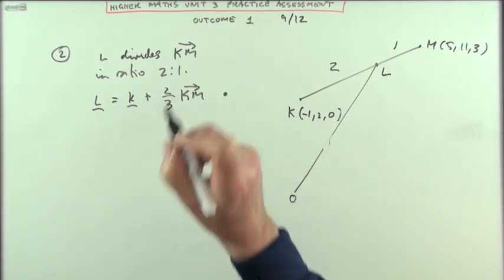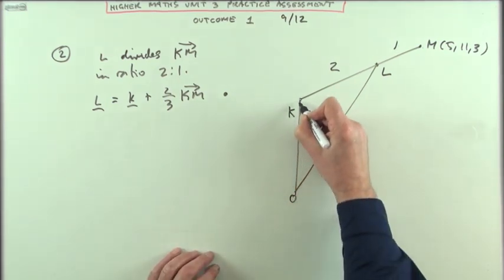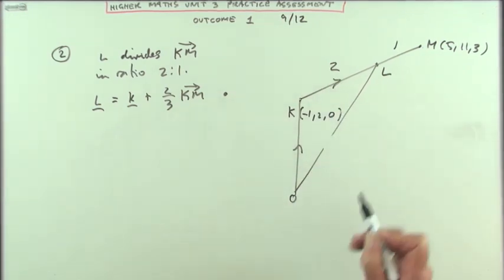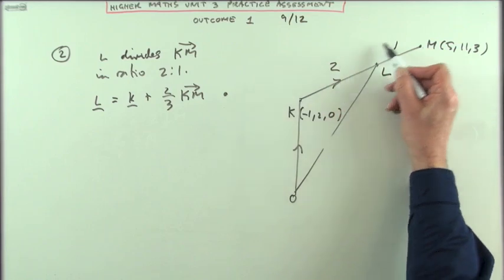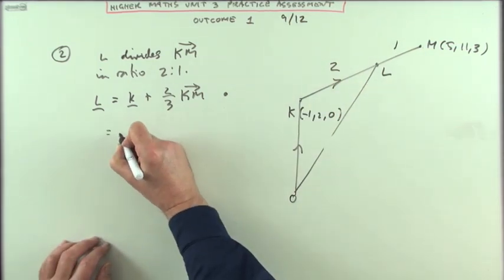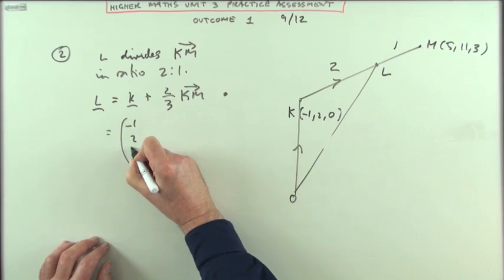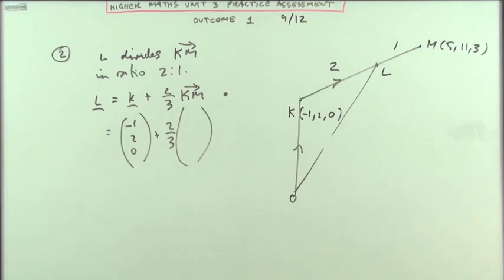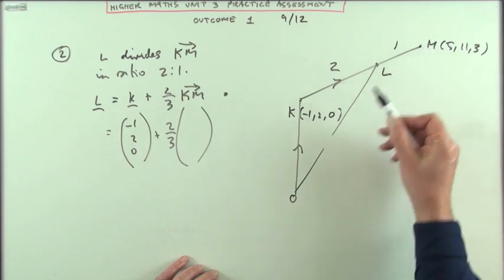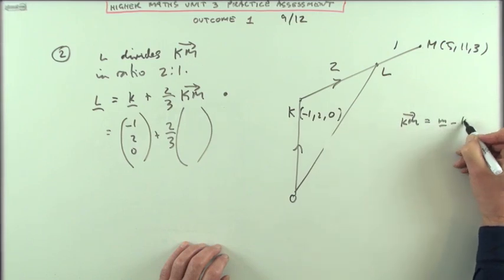So I would guess that that would be the first mark for making that vector pathway statement, which is nice and clear and easy to visualise. How do you get to L? Go to k, then go from k to L. And that happens to be 2/3 of the way to m. Then I'd put in the numbers. So k was -1, 2, 0, plus 2/3 of, and since it's only worth 1 mark for this arithmetic in the middle, you could do km by inspection. You could work it out at the side if you like, km is m minus k,